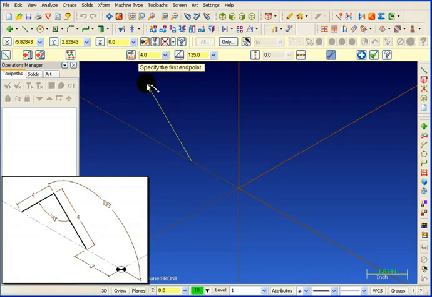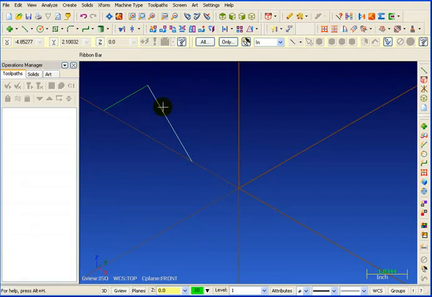For my next line, it's going to be from the end point here, and then I'll specify the length again, so I'll hit L and say 4 inches, and tab over, and we'll tell it this angle is going to be 225. And we'll hit OK. Next, I want to make copies of this, and I want to rotate those copies around